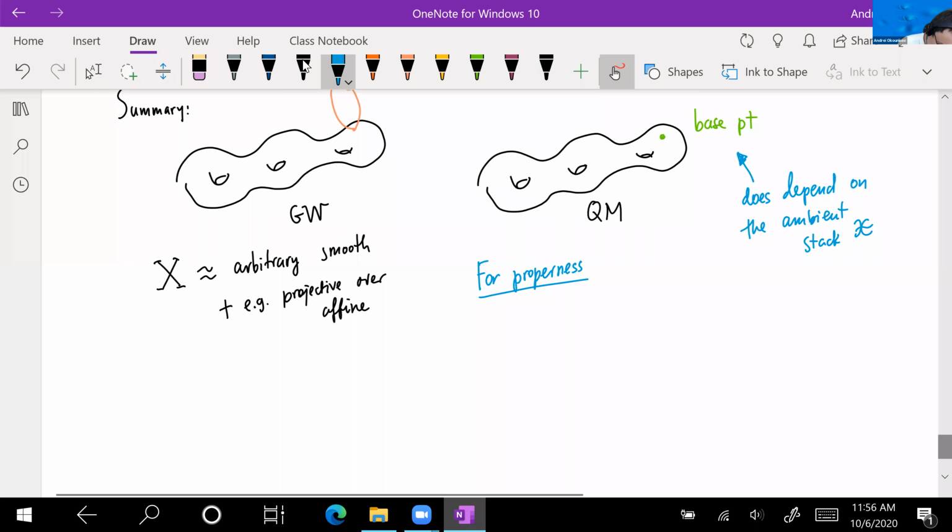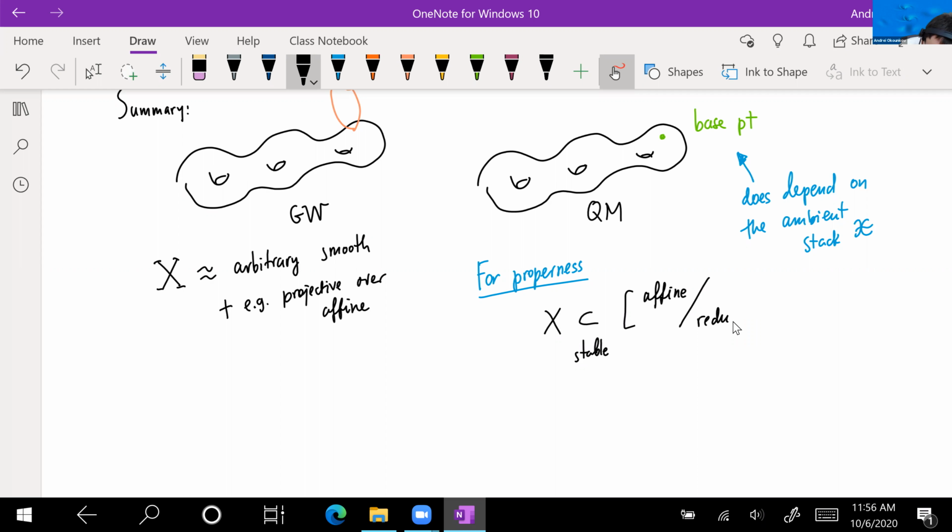We need things like X embedded into, so this is my stable locus, and it has to be affine over reductive. For example, if we think of T star G mod B, that's a natural reduction by B, but B is not reductive, so it's not. If you want to understand the technical details,